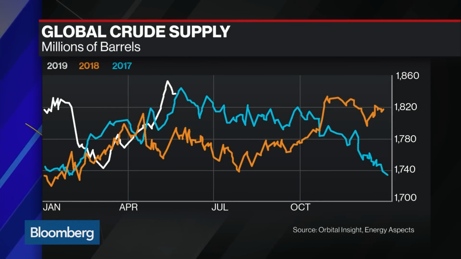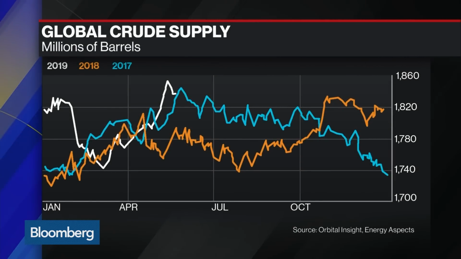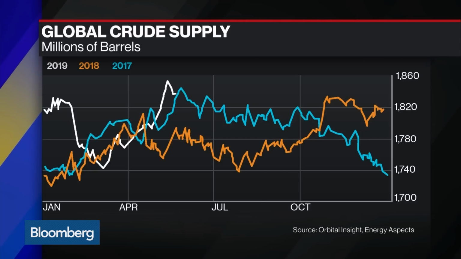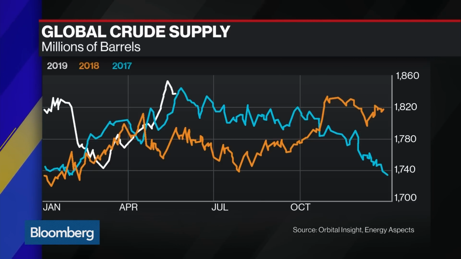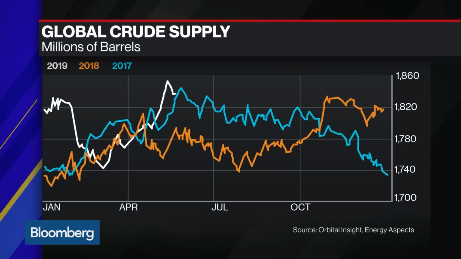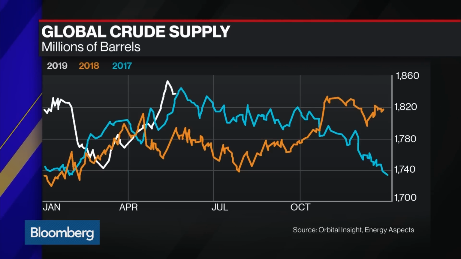So I think this is one of the big concerns in the market, that why is the physical so tight if inventories are higher? And I think when we did break down the data, you can see that the entire build has actually come either in China or in the US, and partly driven by refinery maintenance. This is the season for refinery maintenance and unplanned outages, but partly also in China in particular, they've just built out a lot of storage facilities, and that's why stocks are higher. Everywhere else, stocks are actually substantially lower year on year, but I think that's where the problem is. If you just looked at the headline number, you would get a lot more bearish.